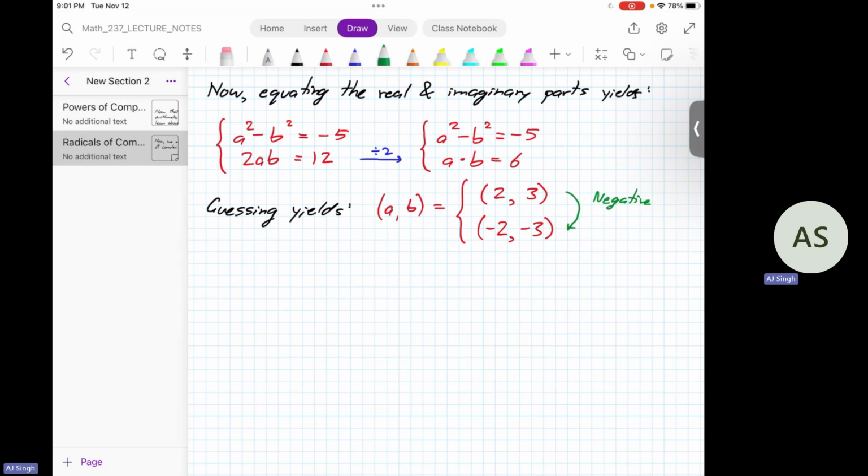So we have A and B, but now finally we have to write down the answer. A lot of people forget and they'll stop here, but that's incorrect because that's not the final answer. You have to actually tell me what the square roots are. So now you would say thus: the square roots of, I think it was -5 plus 12i was the question, are simply